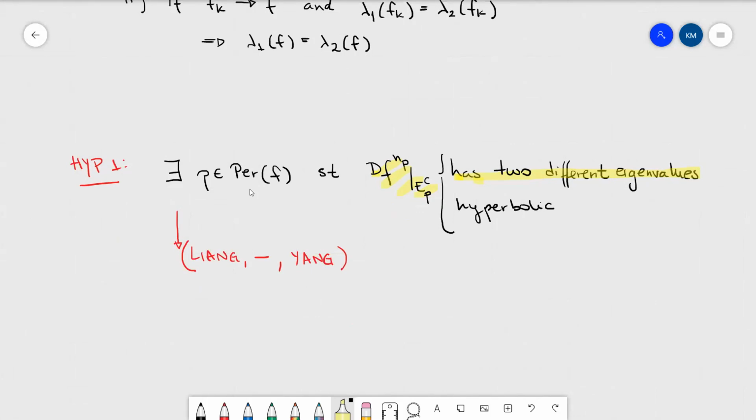And I want to address this extra hypothesis I'm putting here because I told you that I need this condition to be open. So in the Anosov case, I have the periodic point by Kalinin, and moreover, this condition was open. Now, even if I ask only the first one, this is not going to imply that I have an open condition. I'm going to perturb my diffeo, and I want to have, again, a periodic point with the same properties. And that's why we need to ask this extra one here. So this is the first hypothesis, to impose this periodic point that you need.